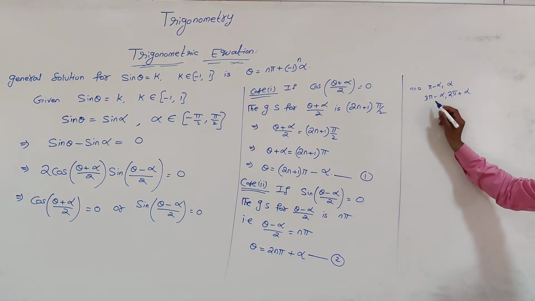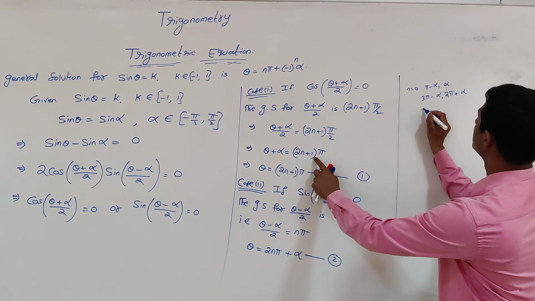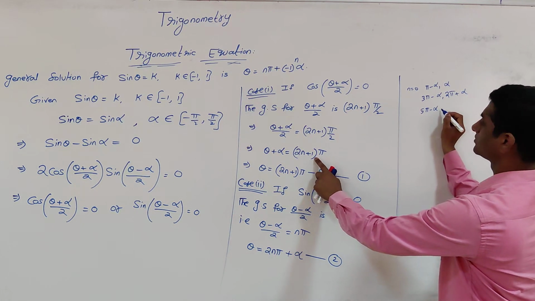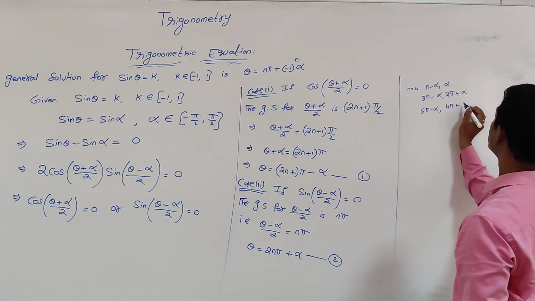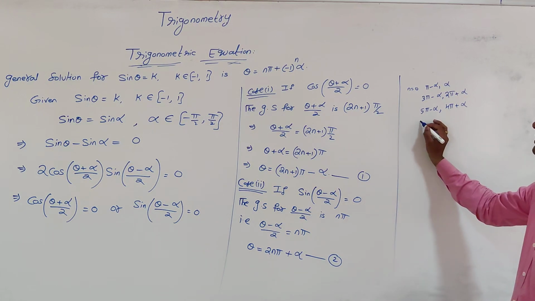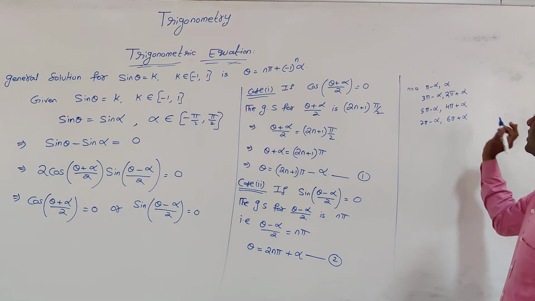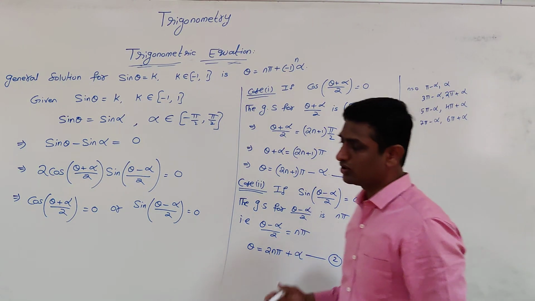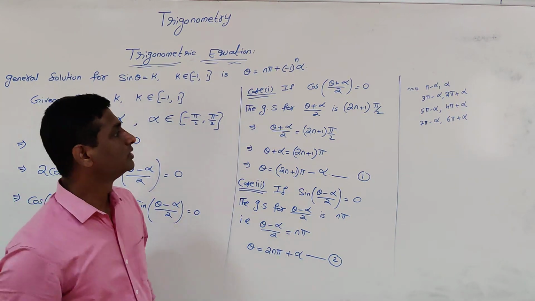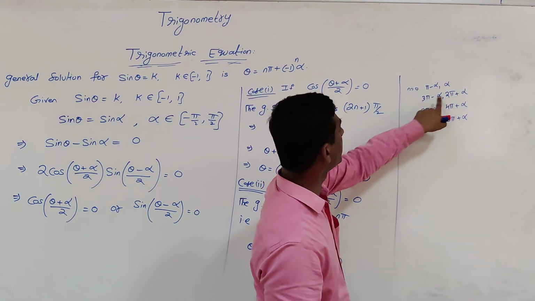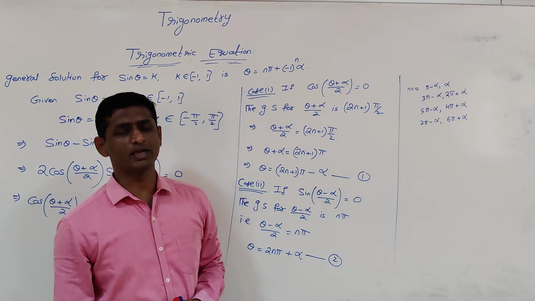If n is equal to 2, this will be 2 into 2 plus 1, 5 pi minus alpha, and 4 pi plus alpha. Similarly, if we go on, it will be 7 pi minus alpha and 6 pi plus alpha. So we can find the values of theta in either case 1 or case 2. If we club pi, 2 pi, 3 pi, 5 pi, 4 pi, 7 pi, 6 pi, which are all multiples of pi,